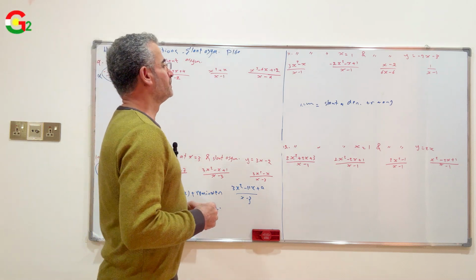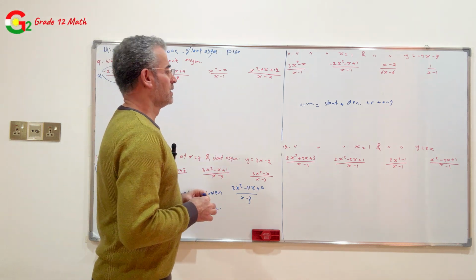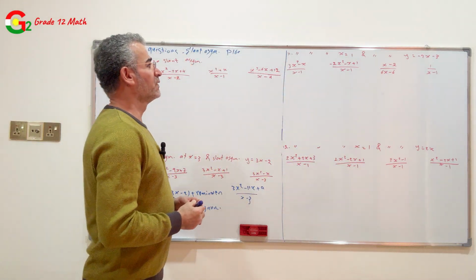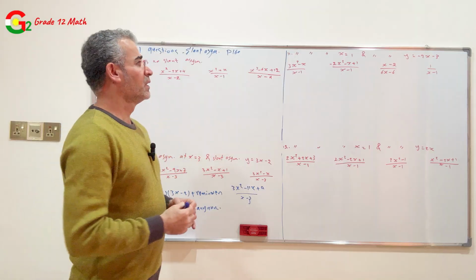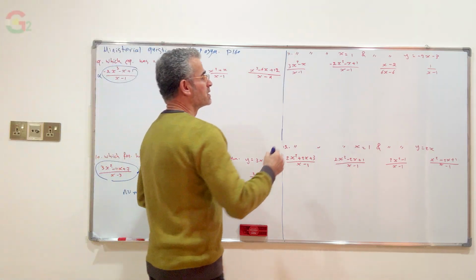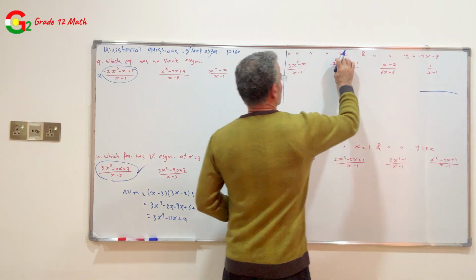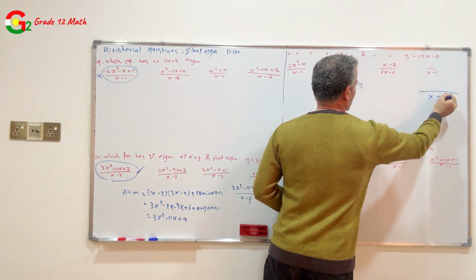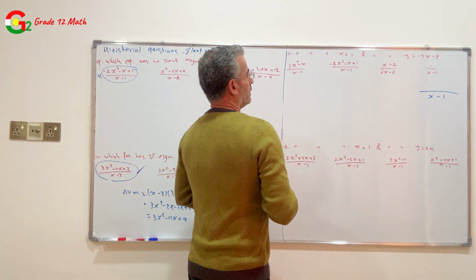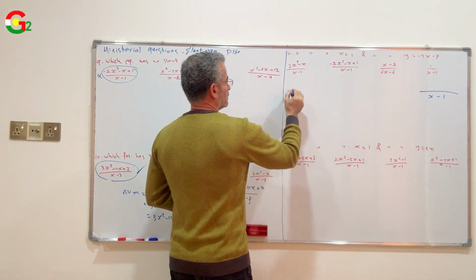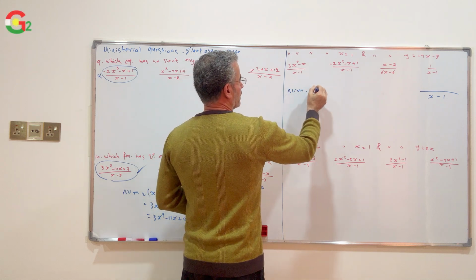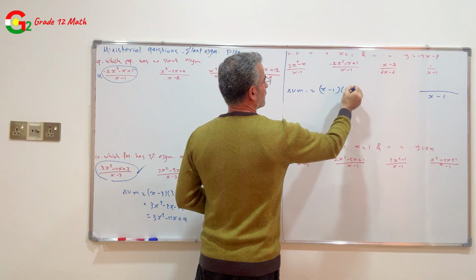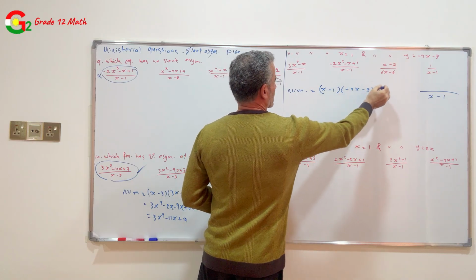Question number 11. Which function has a vertical asymptote at x equals 1 and slant asymptote at y equals negative 2x minus 3? Since the function has a vertical asymptote at x equals 1, then the denominator is x minus 1. Now, for the numerator,